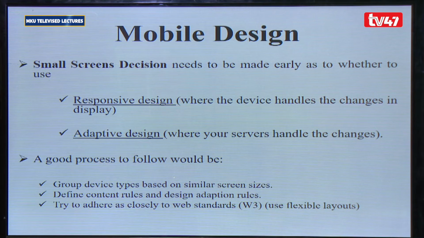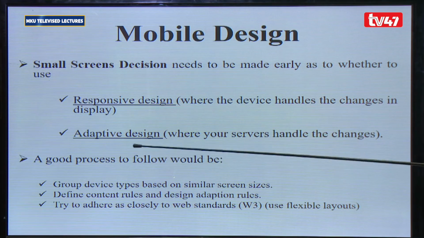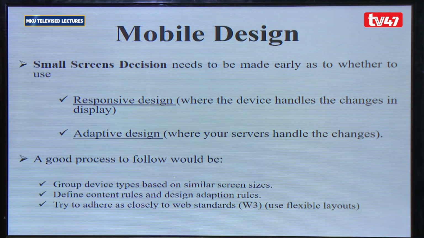Another design that is very key that you need to consider is the adaptive design. The adaptive design is where your server handles the changes, and the user of the application must select the option.